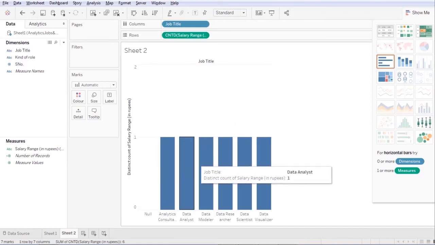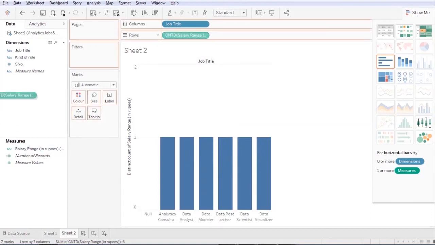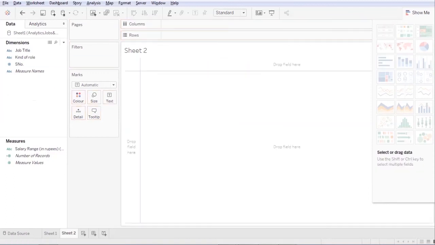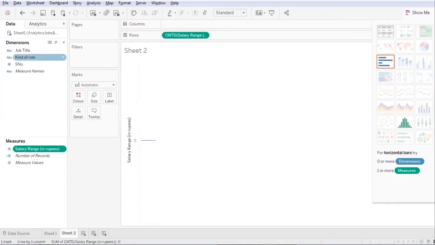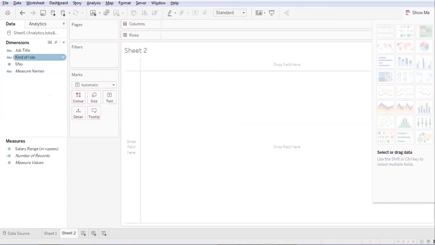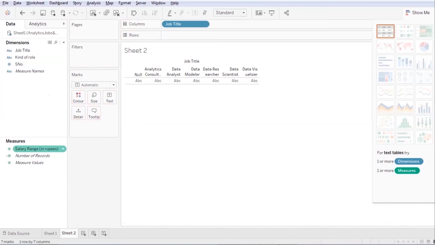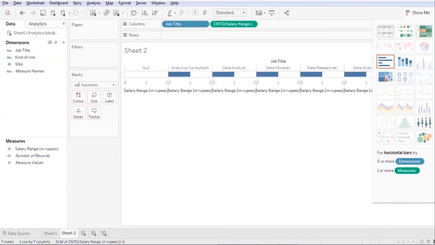This is how the visualization will look. There are many changes I have to do, so when we drill down deeper, I'll tell you the changes. Right now, in this way, if you have to create a visualization, you can directly drag and drop the values and see it. In this case, the data type is coming as string. I'll have to convert it into a number, whole numbers. So now when I have this job title in the rows, and this range, based on these parameters, these are the types of visualizations which are possible.